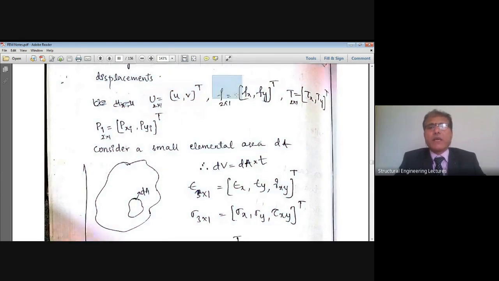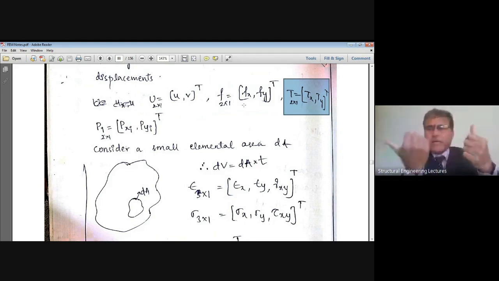Similarly, the body force vector is a 2 by 1 vector which has two components x and y respectively. And similarly, the traction force vector can also be split into two coordinate directions x and y, which are tx and ty respectively. That is all, the x and y components. Similarly, fx, fy, and similarly u v, or pxi, pyi. That is how these forces act along the Cartesian coordinate directions.